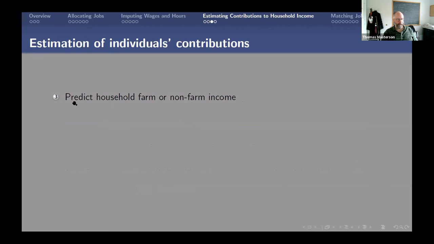So what we do then is we predict household farm or non-farm income. Again, we do it separately. And we get the ratio of the inputs to family work hours. So the point here is that we're going to predict household farm or non-farm income without each individual's inputs into the farm or non-farm business, and see what